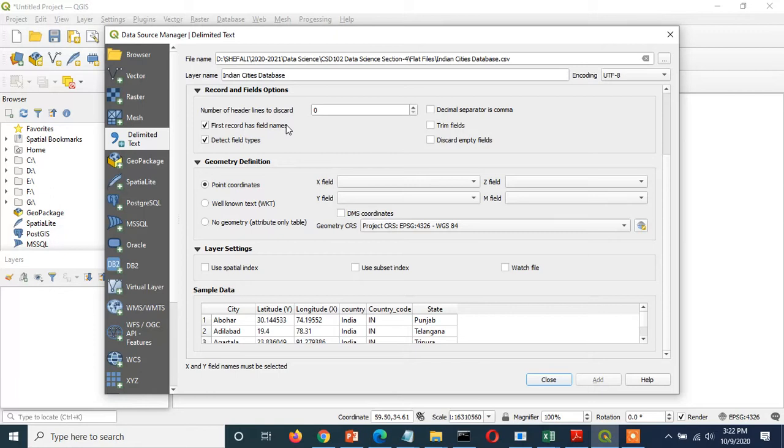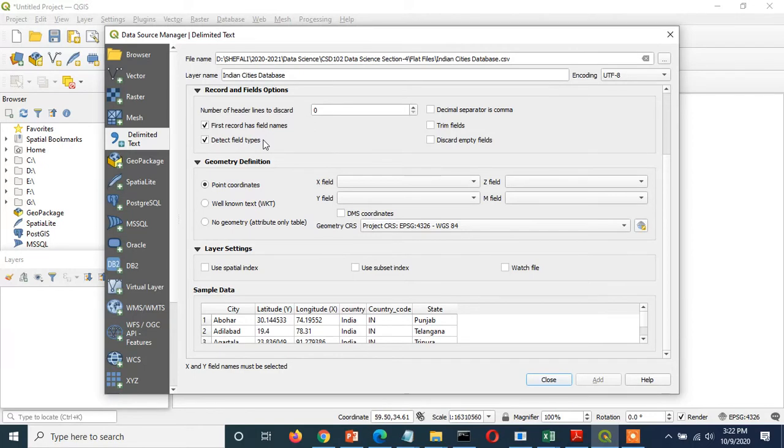Then first record has field names, so that is true, that's why it is ticked. Detect field types: whenever it is going to add the fields which are there in the CSV file into the attribute table of the vector layer which it is going to create, at that time it will identify the field types from the data.